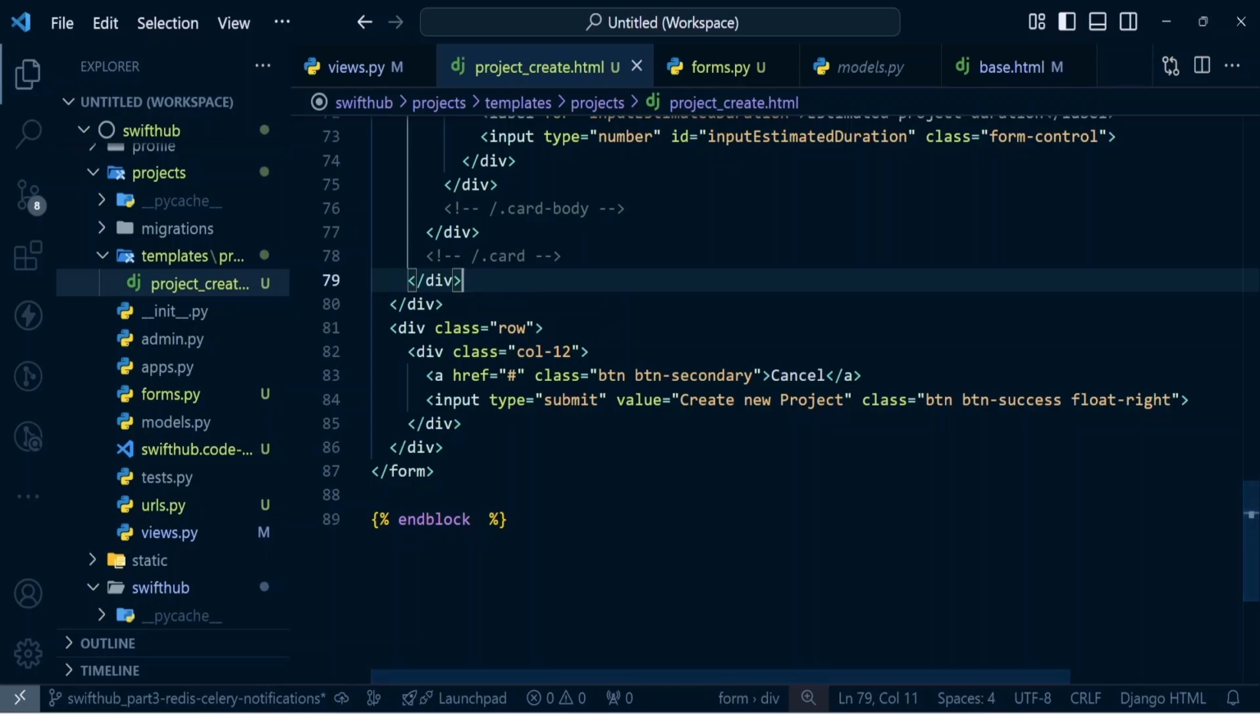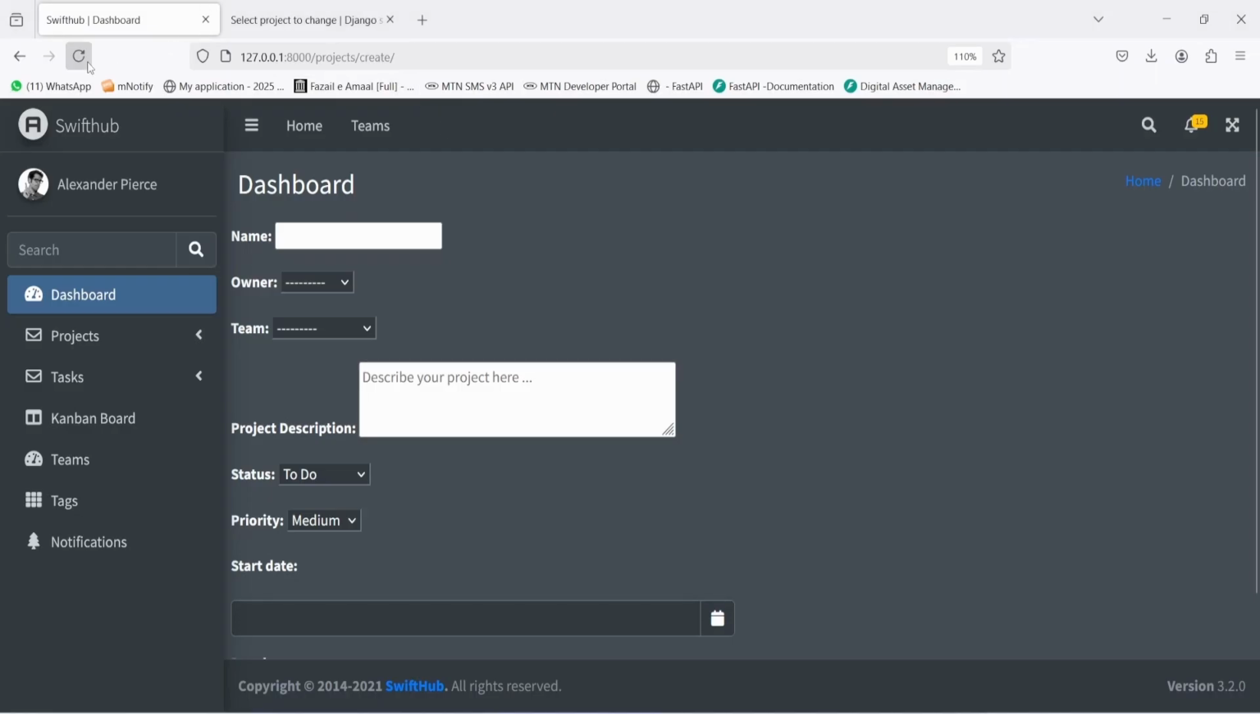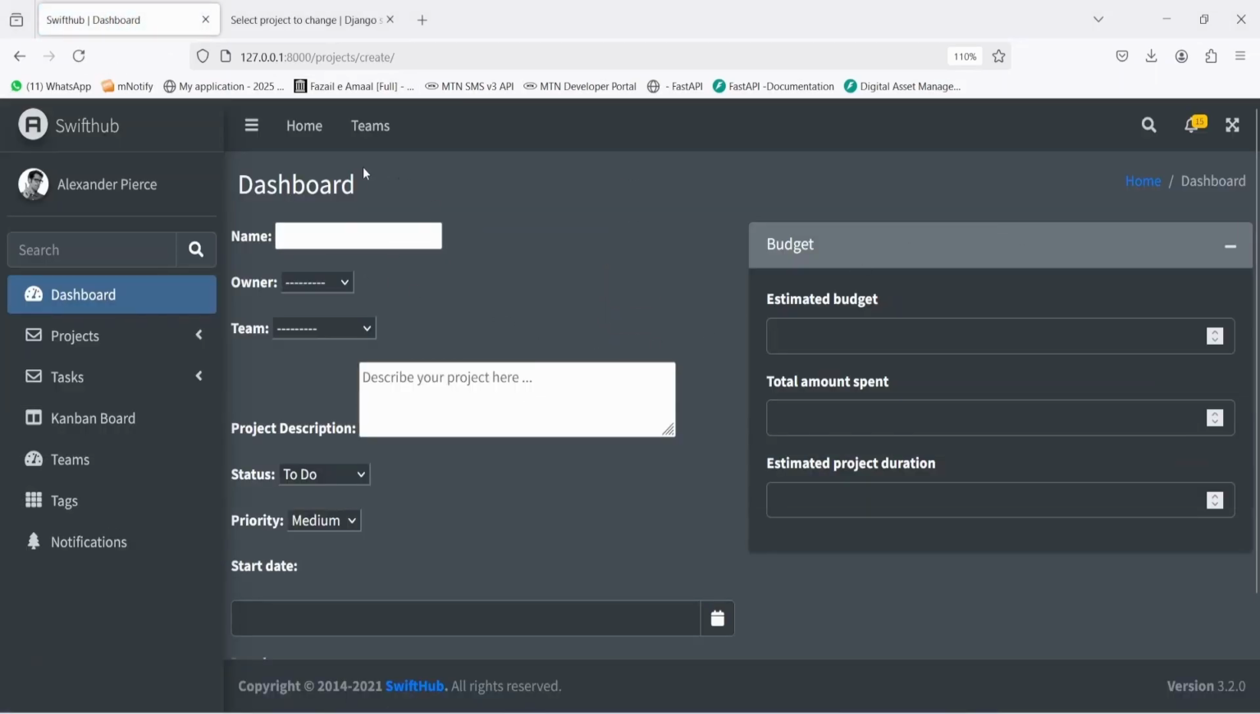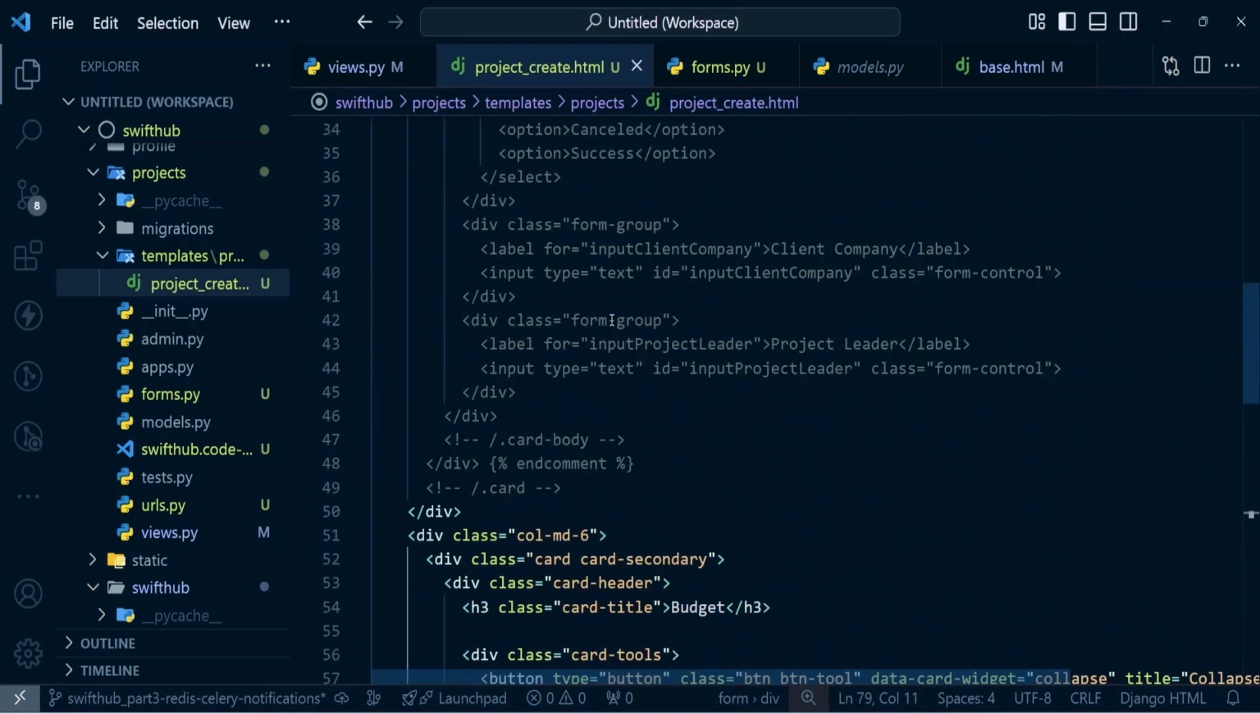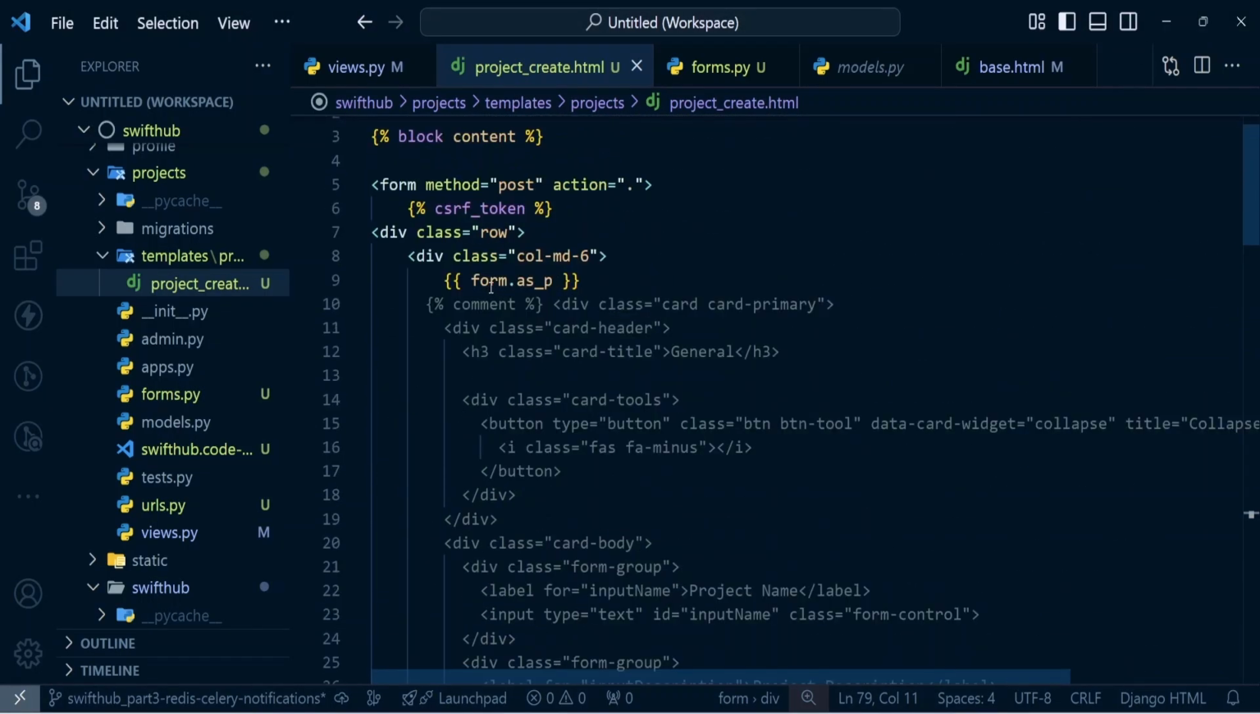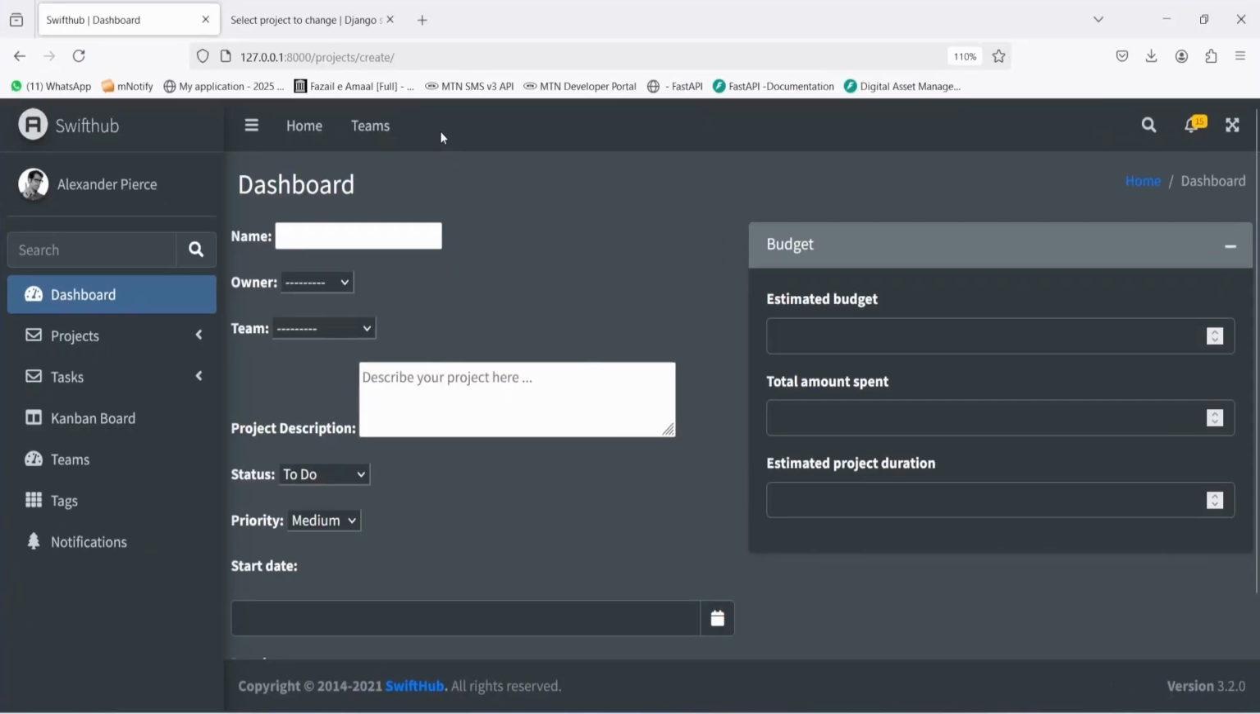If I save changes and then refresh, this is what we are seeing. Now we are seeing this part, and we are also seeing the budget section. This budget section are fields that we have not added to our models yet, but when we add them to the model, they're also going to be added to our forms. And when we call form like this on our page, then it's actually going to list all the fields right away. And in that case, we are not going to have the ability to control